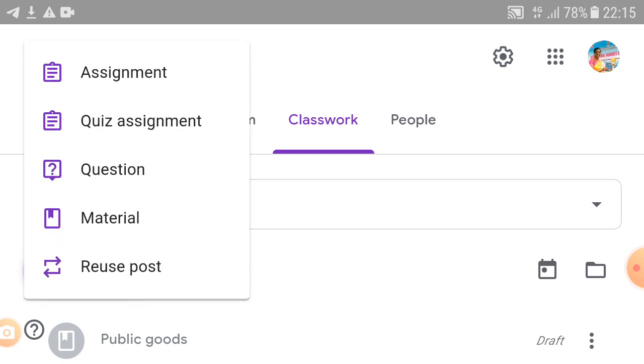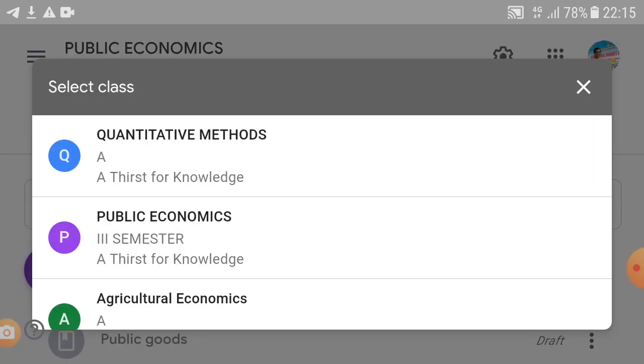Okay, next, reuse post. What is the meaning of reuse post? If you want to post the same material that was already posted in another class, you have to click reuse post. I already have classes like quantitative methods, public economics, agriculture economics.